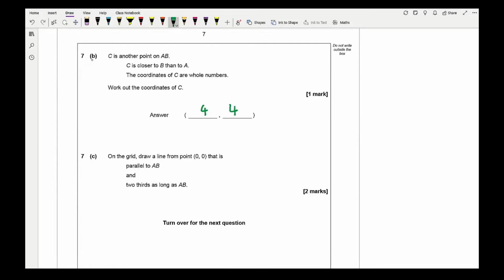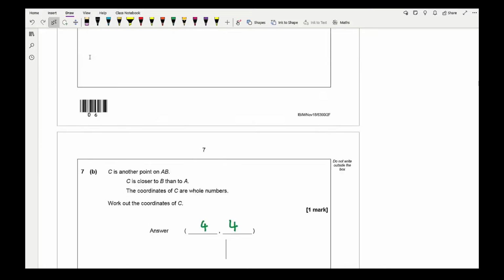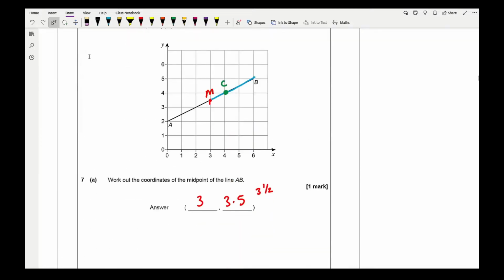And then finally for 7c, it says on the grid draw a line from point 0, 0 that is parallel to AB and 2/3 as long as AB. So the line has to start at this point here, and it has to be parallel to the line AB. Now B is basically going across 2, up 1. So if I go across 2 up 1, across 2 up 1, across 2 up 1, then this gives me